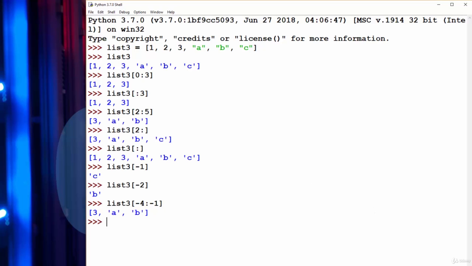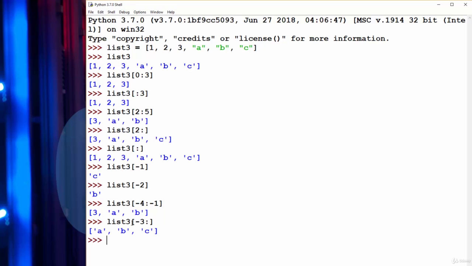Which is correct. Now what about extracting the last 3 elements of list3 using negative indexes? We should start at what index? Well, index -3, right? Because index -3 represents the third element when counting from right to left, starting at the end of the list. What would be the second index then? You guessed it, there isn't one. We go all the way to the end of the list, and that's it. So we have list3, starting at index -3, up to the end of the list, and we have A,